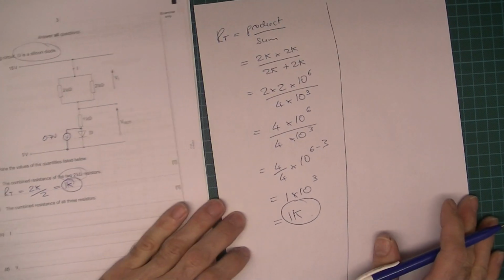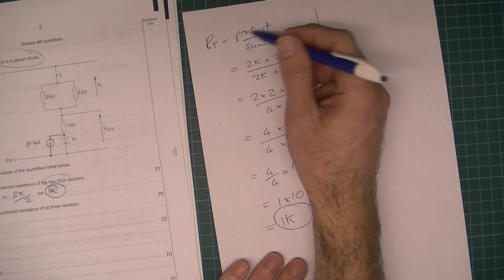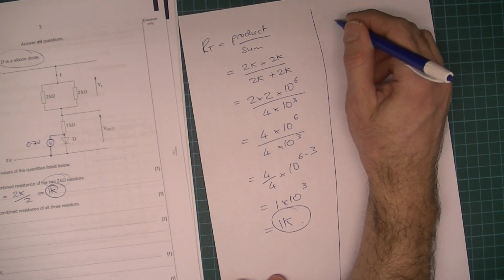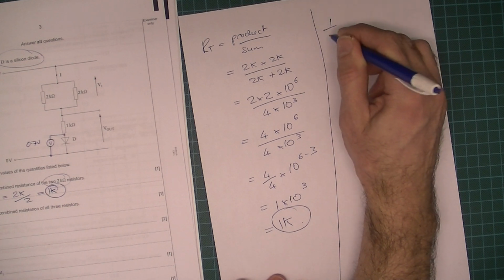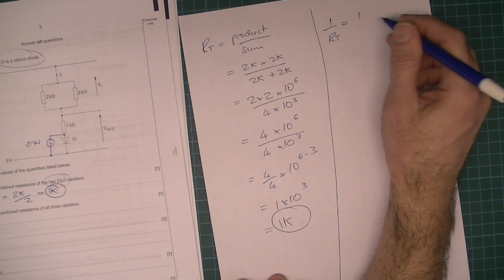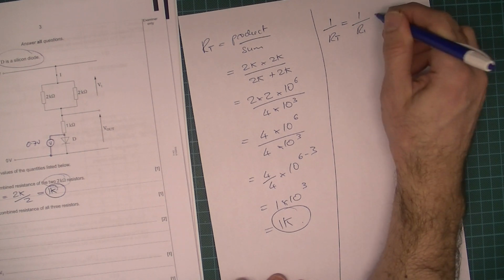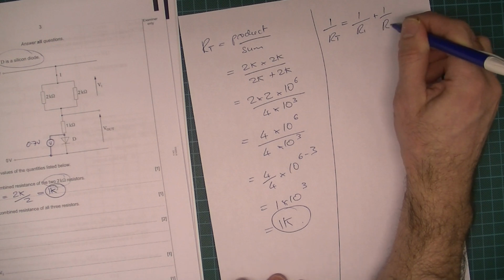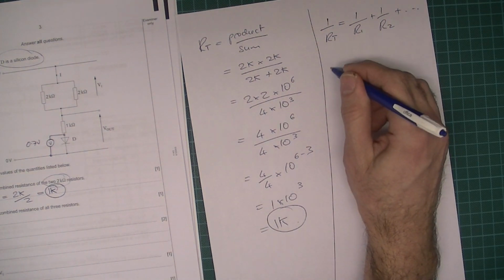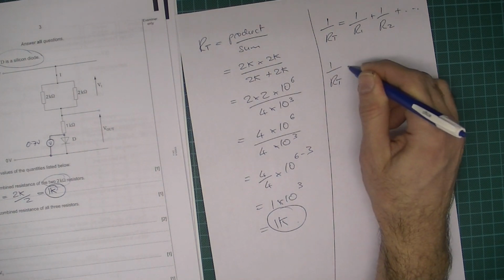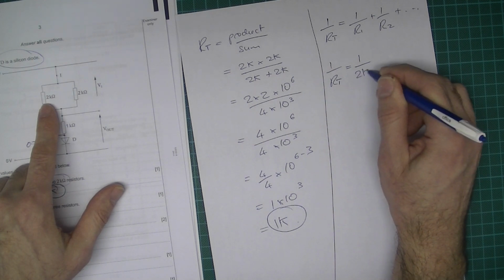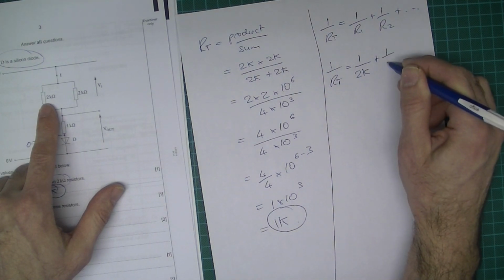Another method that you might want to use, with an unlimited number of resistors, remember this is just two resistors, you might recall that the reciprocal of the total resistance is equal to the sum of the reciprocals of the resistances. So 1 over R1 plus 1 over R2 plus whatever you've got. Okay, so let's do this. 1 over RT, that's the total resistance, equals the reciprocal of 2K plus the reciprocal of 2K